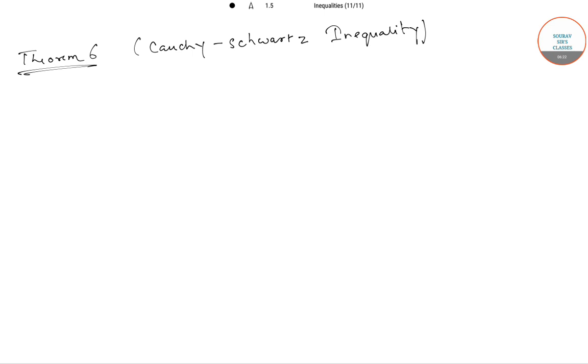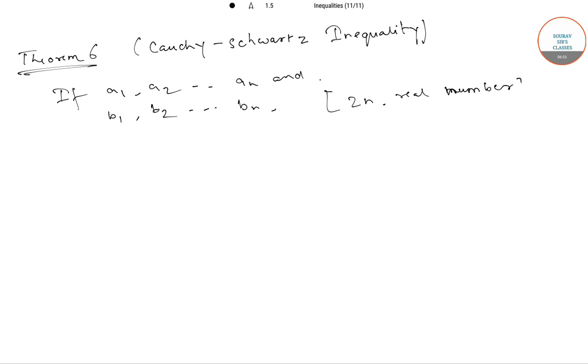The next theorem is the Cauchy-Schwarz inequality. This states that if a1, a2, and so on till an, and b1, b2, and so on till bn are 2n real numbers, then we will have (a1 b1 plus a2 b2 plus so on till plus an bn) whole square